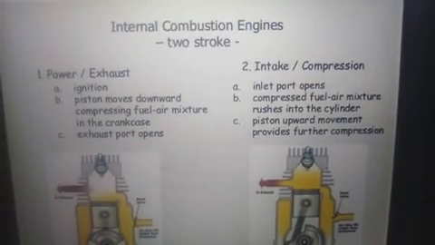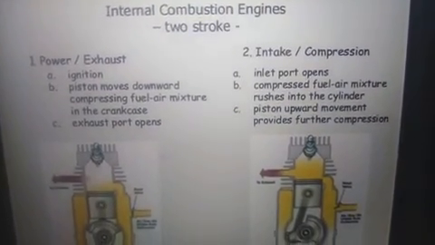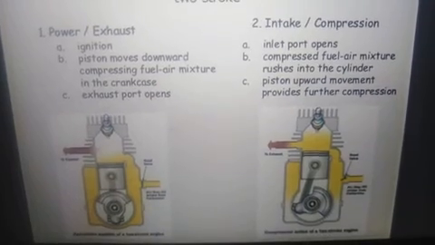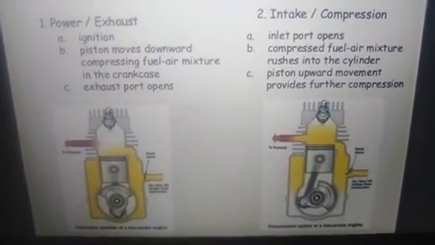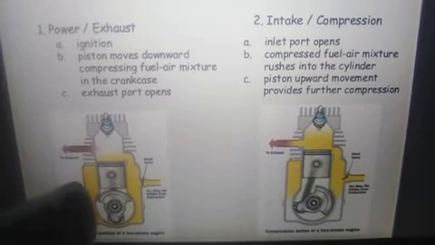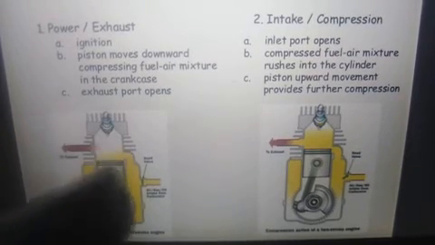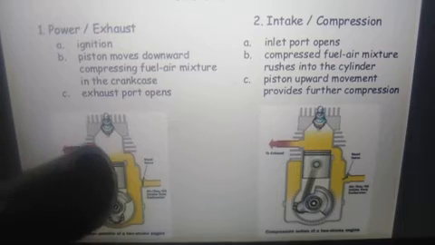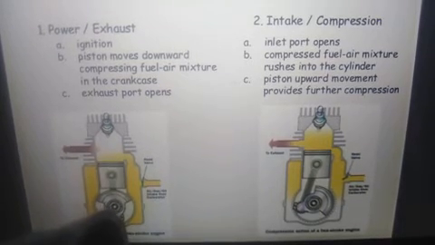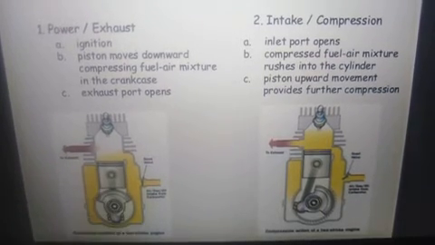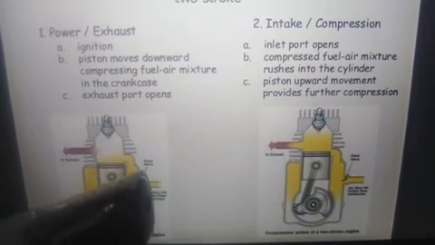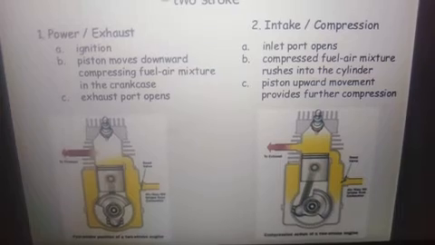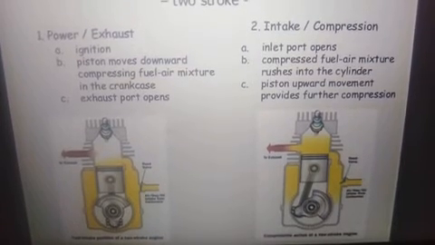Now in IC engine, which is two-stroke, that is working of two-stroke IC engine, how it happens. Now this is the diagram which shows the main components of the IC engine, that is piston, connecting rod, crankcase, inlet valve, exhaust. What is transfer port, which is nothing but the important port for the two-stroke engine.